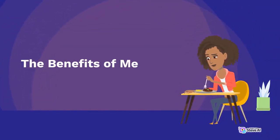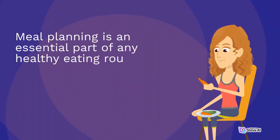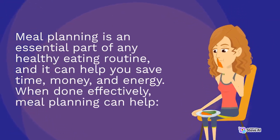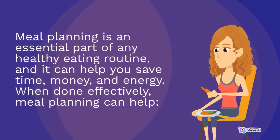The benefits of meal planning on a budget. Meal planning is an essential part of any healthy eating routine, and it can help you save time, money, and energy. When done effectively, meal planning can help: